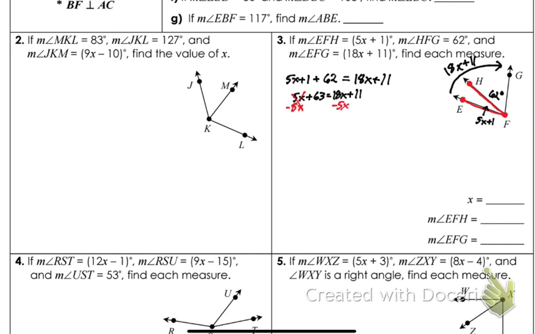That's going to now give me 63 equals 13x plus 11. Don't worry about the 13x yet. We always do our addition and subtraction first. So I'm going to move the 11 over here. You will not do anything with the 13 until we have all the x's by itself. So my next step is actually subtracting 11 from both sides to get rid of that 11. Subtract 11 over here. I'm going to now have